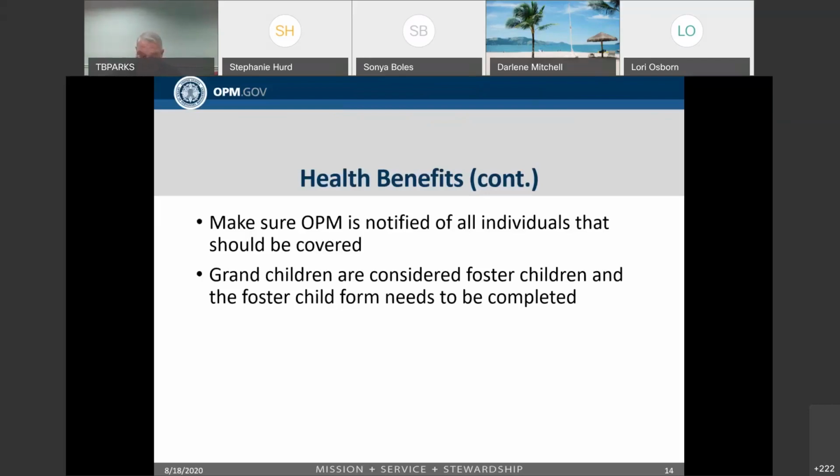For FERS, if there's only one minor child eligible to continue the health benefits, it would be helpful if the child's parent or guardian completed page 6, section 3 of the Form 3104B, then they can be set up for direct pay if necessary. And that direct pay would be to the National Finance Center.